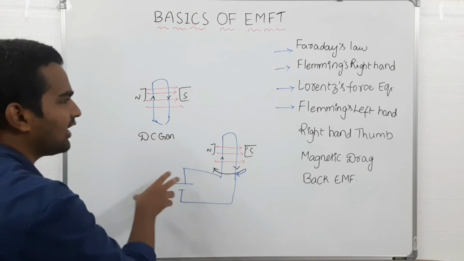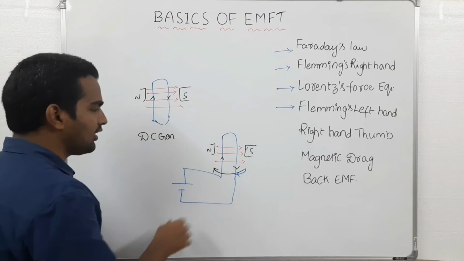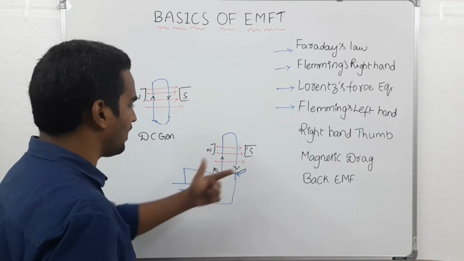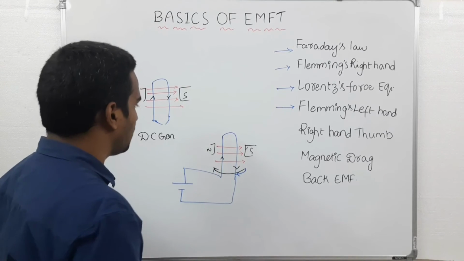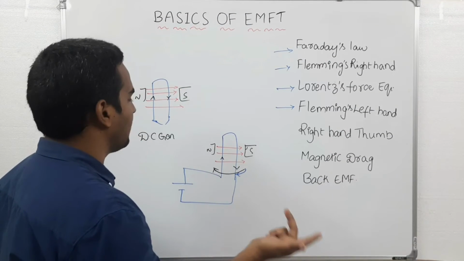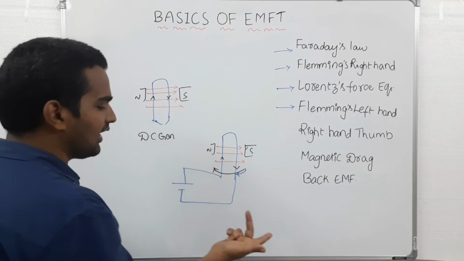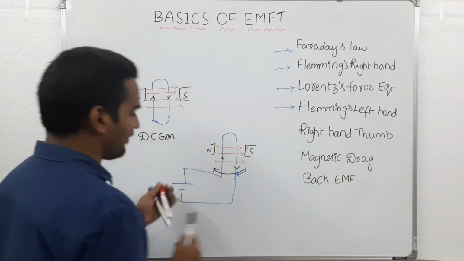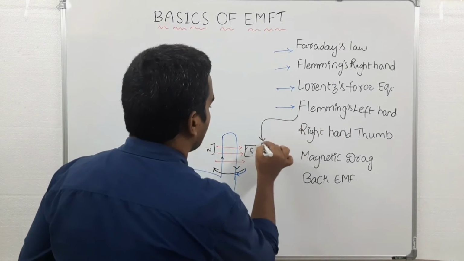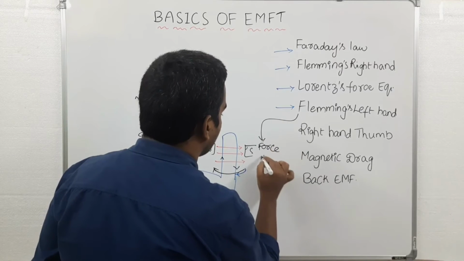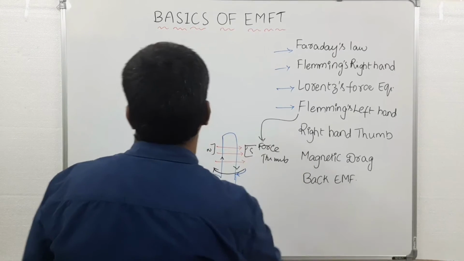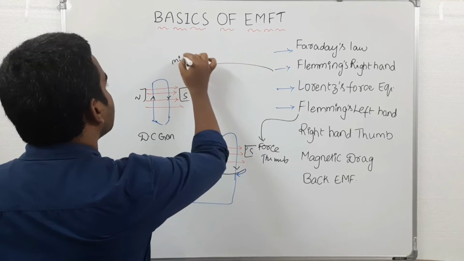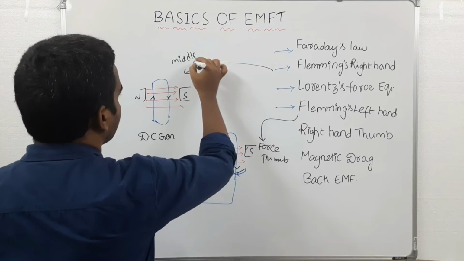So applying Fleming's right hand rule and left hand rule are very easy. I think you understood now. So stretch your thumb, forefinger and middle finger of your left hand to identify direction of force, and stretch your thumb, forefinger and middle finger of your right hand to identify induced EMF. So in Fleming's left hand rule, force direction is thumb. In Fleming's right hand rule, middle finger indicates direction of induced EMF.